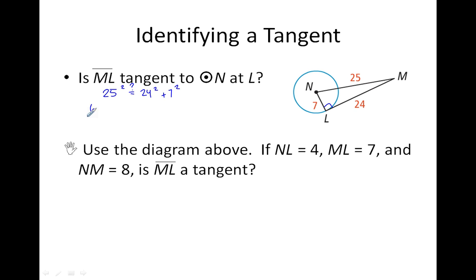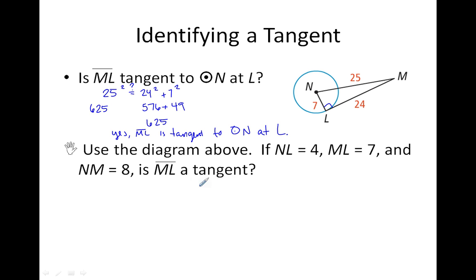Okay, so 25 squared is 625. 24 squared, we get 576. 7 squared, we get 49. 576 plus 49 is 625. Since these two numbers are equal, then yes, segment ML is tangent to circle N at point L. Okay. Now, using this same diagram, if NL was 4, ML was 7, and NM is 8,